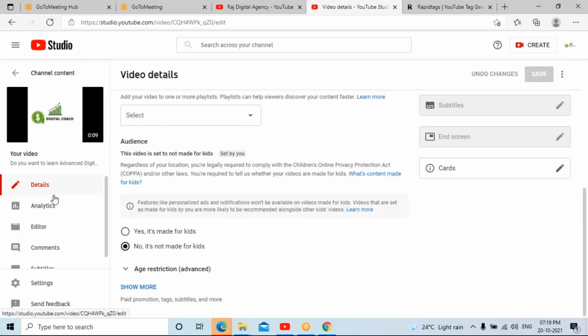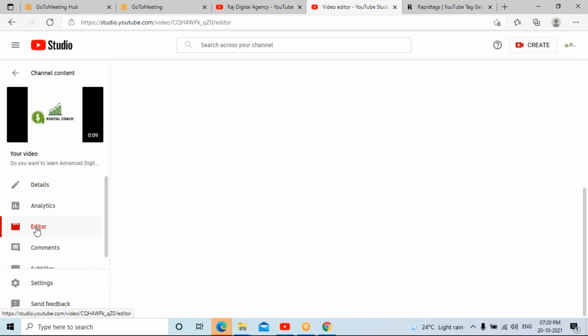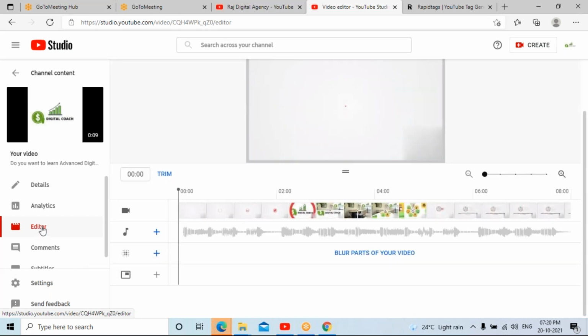If you want to make any changes to the music, the audio section that is already available, you can also add music through YouTube. So you can click on editor. Here you can see the options for selecting audio.